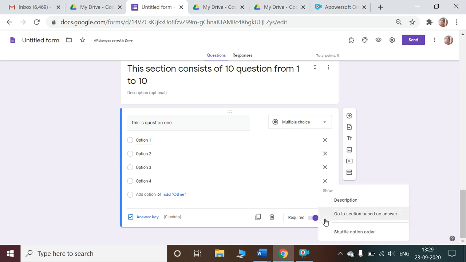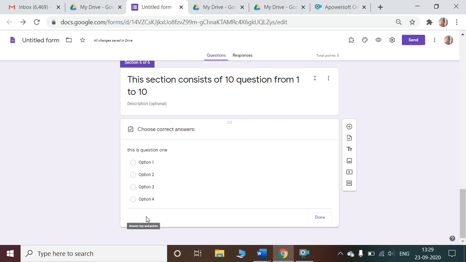Click on these 3 dots again, go to shuffle option order. When we go to shuffle option order, Google Form will automatically shuffle the options. These options 1, 2, 3, 4 would be shuffled for every student. Now I will show you how to set the correct answer. To set the correct answer, click on answer key.